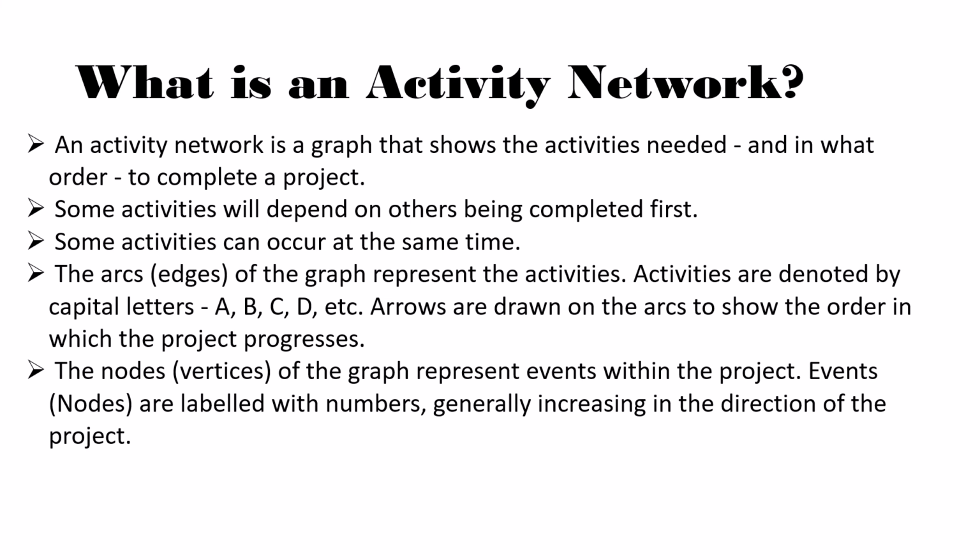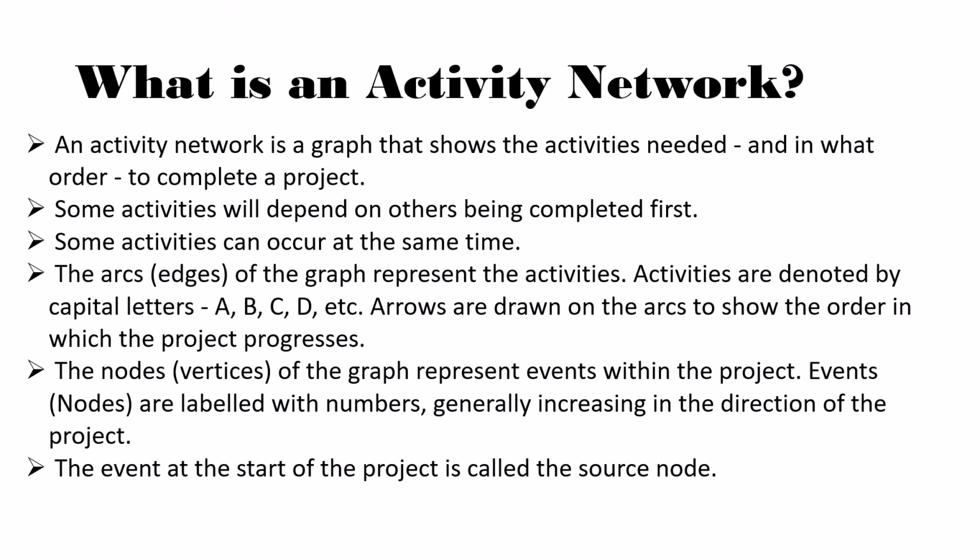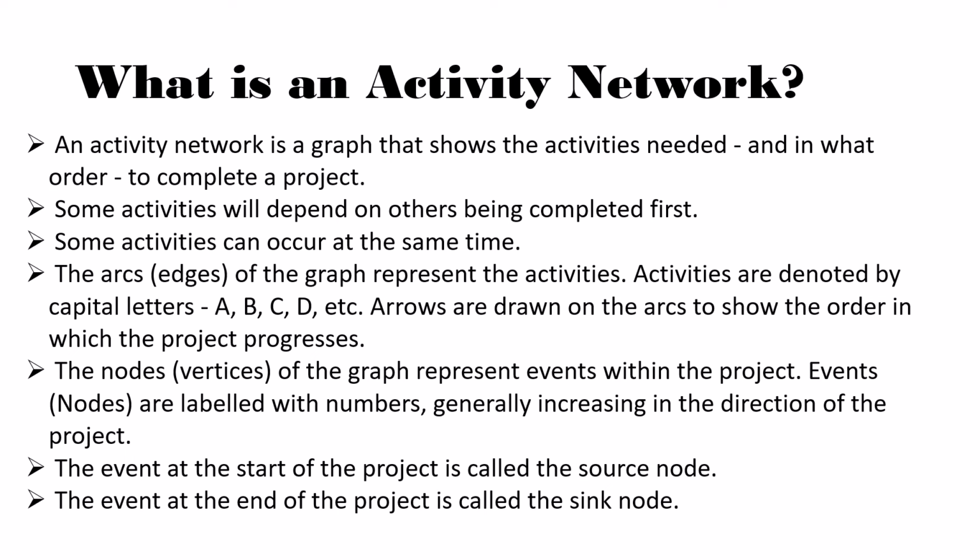The nodes and vertices of the graph represent events within the project. Events are labeled with numbers, generally increasing in the direction of the project. The event at the start of the project is called the source node, and the event at the end is called the sink node. One really important difference when we're working with activity networks compared to our normal graphs is